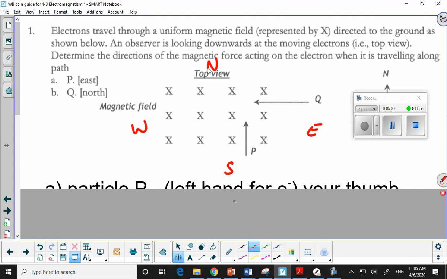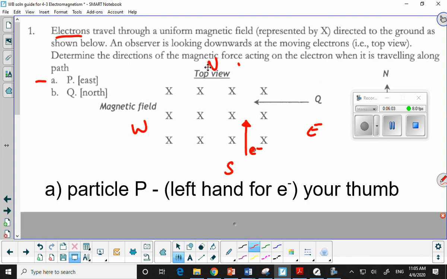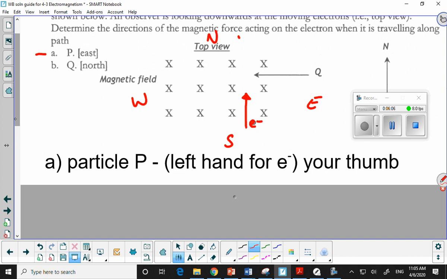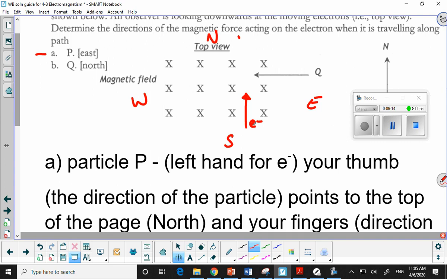So we're going to start with P in question A. In terms of P, we see that the particle is moving in that direction. What kind of particle is it? It's an electron. So let's use our left hand. Now you want to point your thumb in the direction of the particle. So that's going towards the top of the page, which is north. So particle P, use the left hand for electrons. Your thumb, the direction of the particle, points to the top of the page, which is north. Now this magnetic field, which is here,